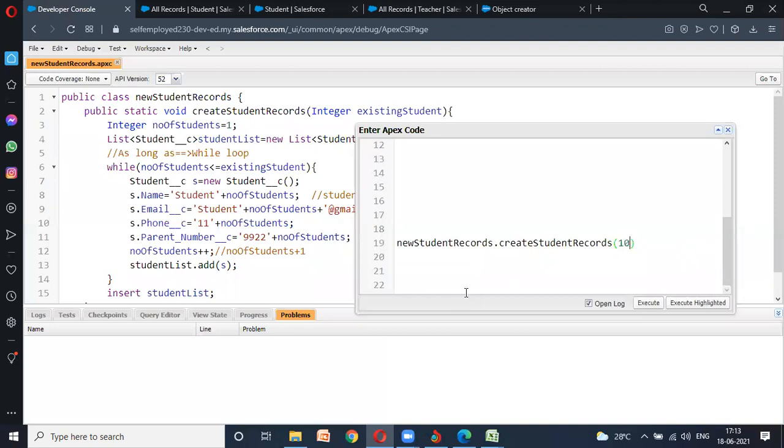I will keep it as 10, and I need to click on this open logs so that I can check. For your convenience, I'm going to add this one as well. Right now, everything is there.